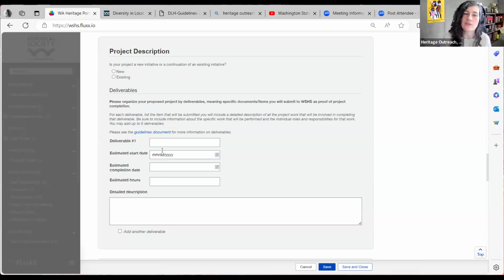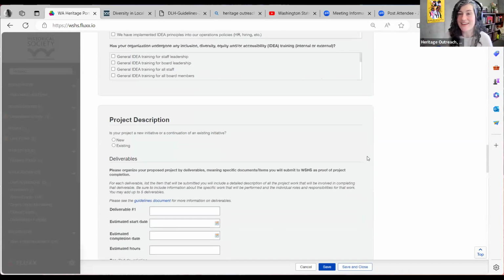I think it will give you some good concrete ideas about if you're doing this type of project, maybe you'll have these types of things at the end, and that's what you can work towards and prepare to share when you do your final report. That's when we would be looking to receive this final documentation that supports the deliverables that you scoped out in the beginning.